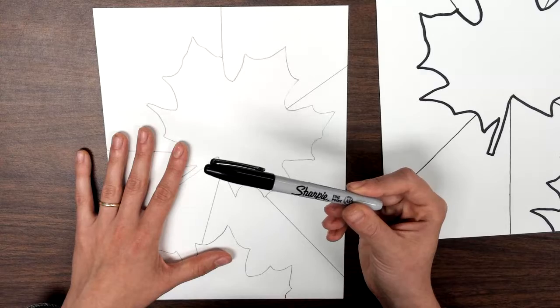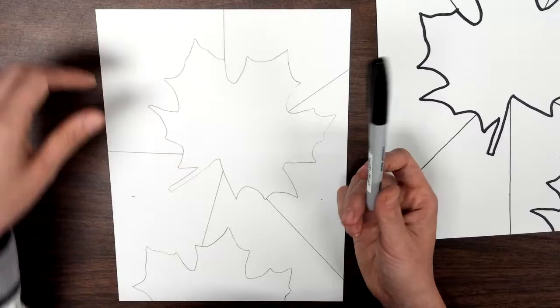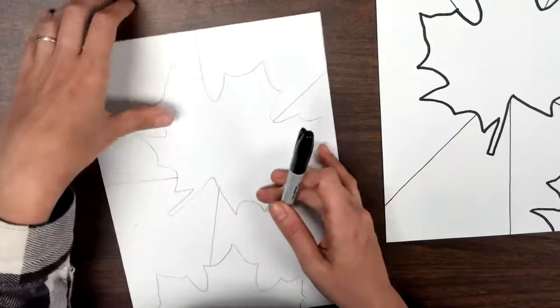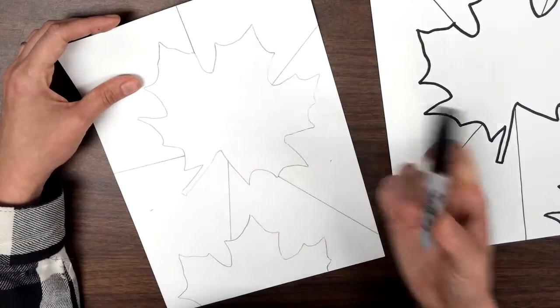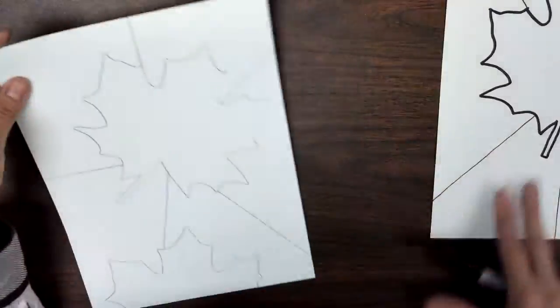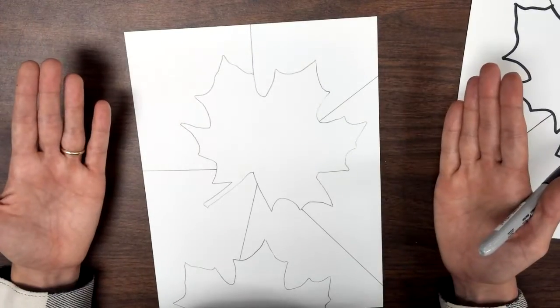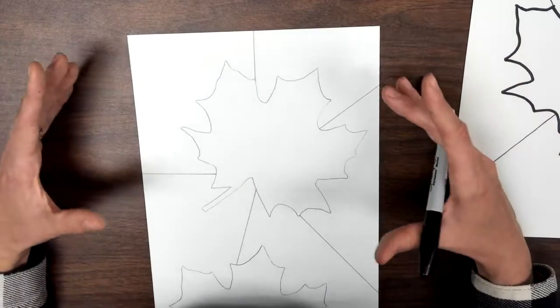I have a permanent marker. If you have a permanent marker at home, please make sure that the area where you're working is protected. Sometimes these permanent markers bleed through your paper onto the table. This drawing paper is pretty thick and has not sunk in through my paper much at all, just a little bit on this side. But again, you might want to get an extra piece of paper, talk to an adult at home and they can help you out, but get an extra piece of paper to put underneath